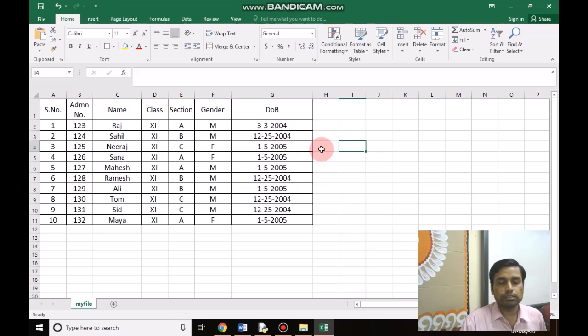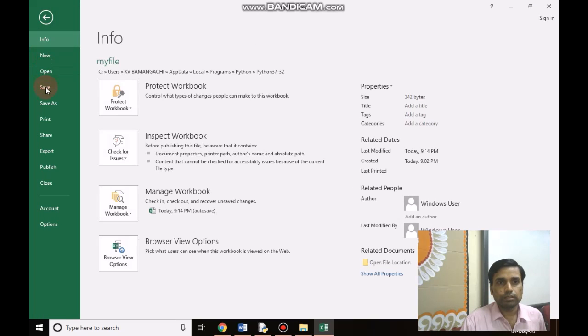It is treated as a string. So I have completed this table in an Excel sheet or Excel file. Now I am going to save it, or save as